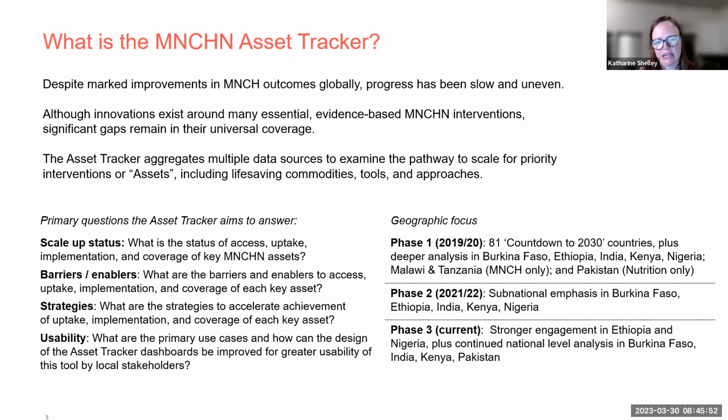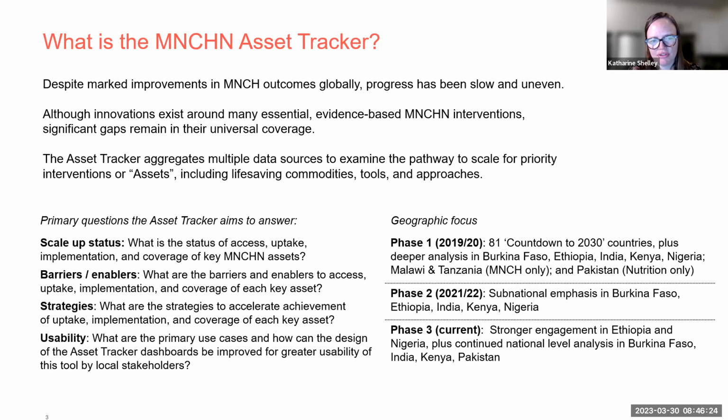And finally, we've added more of a focus in this last current cycle on increasing the usability of this tool, making it more user-friendly, and getting the tool out into the hands of a variety of stakeholders that can use it, including advocates. So we're really thrilled to be having this session today where we can share this tool and learn from you all on the call what additional features or factors would make this tool more useful to you in your day-to-day work.